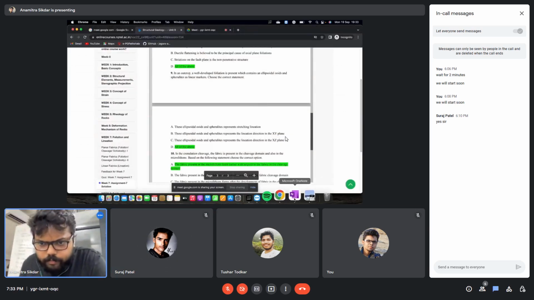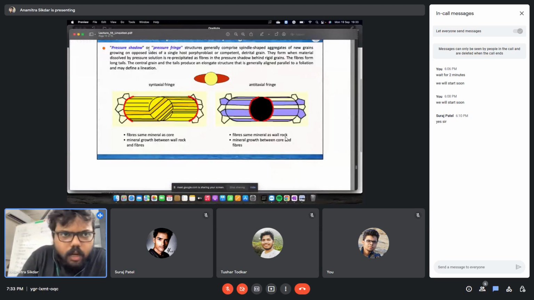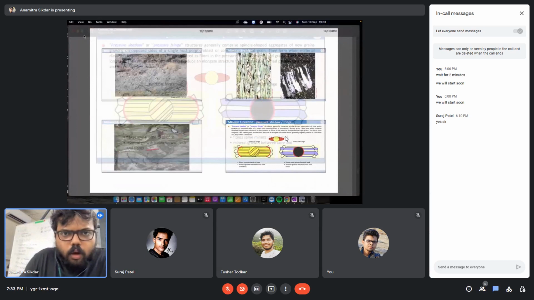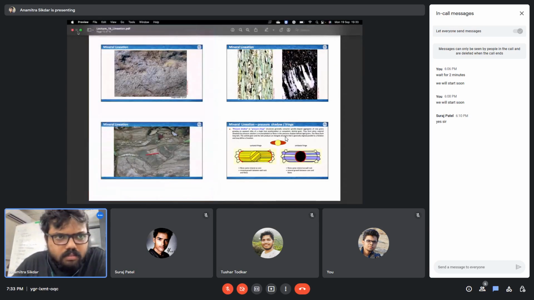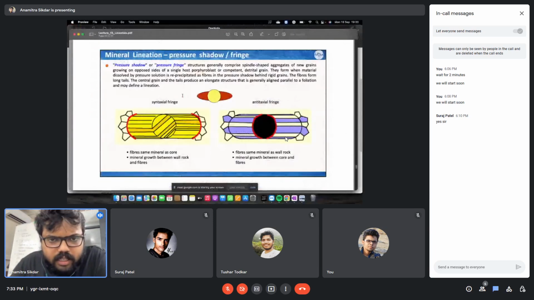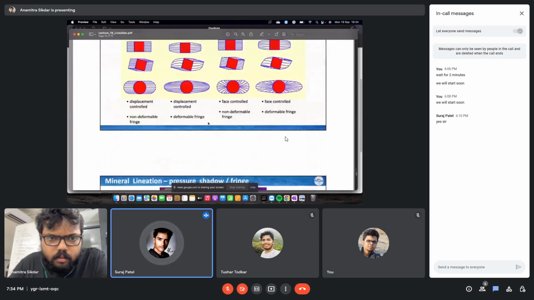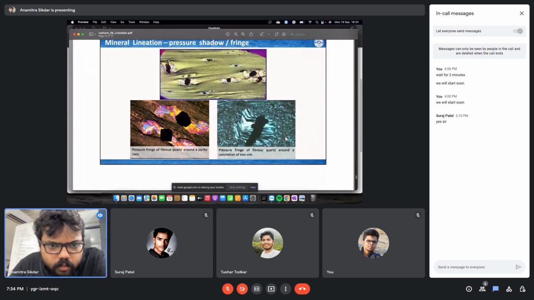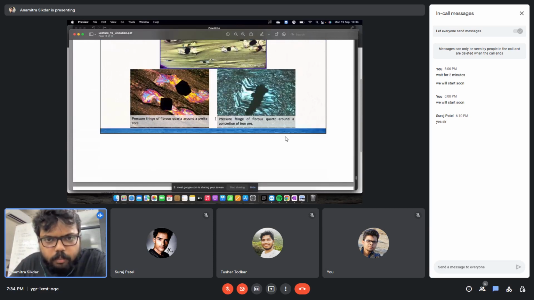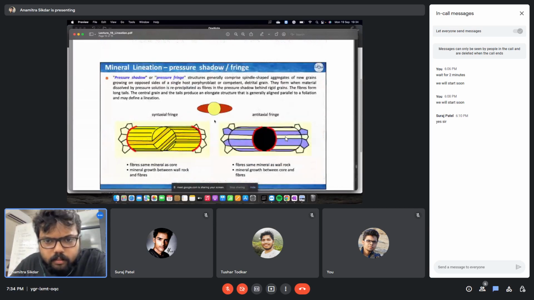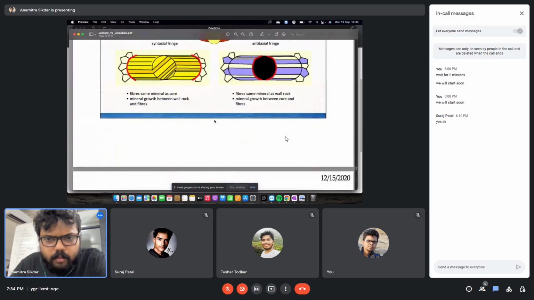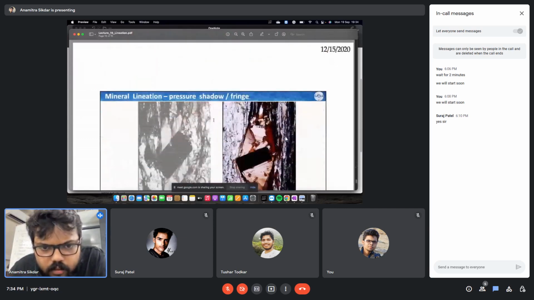So okay, sorry. Yes. So for the syntaxial fringe, the composition will be the same. For the syntaxial fringe, this composition is the same throughout. But for the antitaxial fringe, this is different, which is creating the pressure shadow. So for example, here this pressure shadow is produced. So fringe of fibrous quartz around the pyrite, right? So these are all syntaxial. These are all the opposite one, which is antitaxial, right? These are all antitaxial, but I can't find